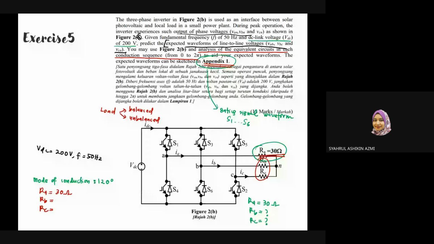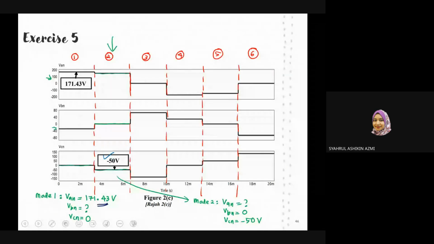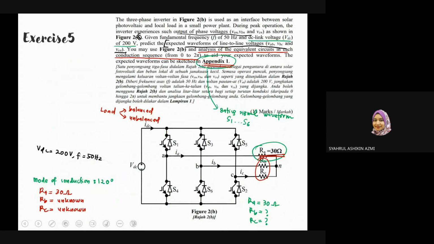Just leave it as unknown first, because later on we can do the analysis to find the values of RB and RC. So RB and RC are both unknown. We only have the information of RA equals 30 ohm. DC link voltage is 200 volt, and frequency 50 hertz. Next, following this exercise,